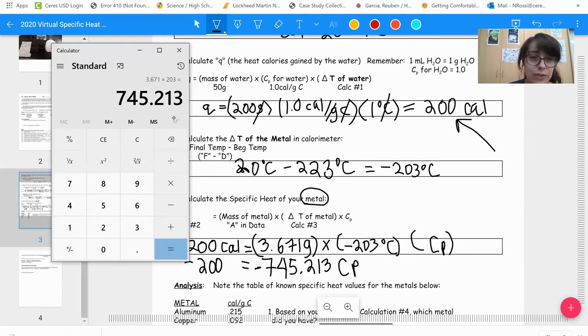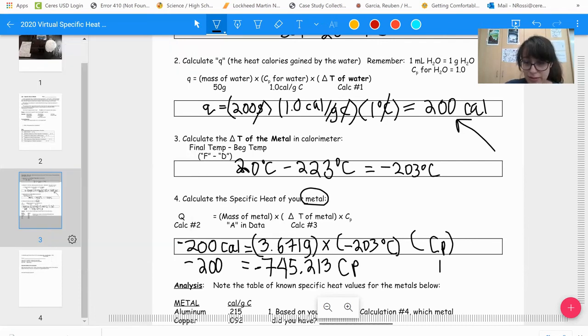And we're going to divide. So 200 divided by 745.213, and we end up with a specific heat of